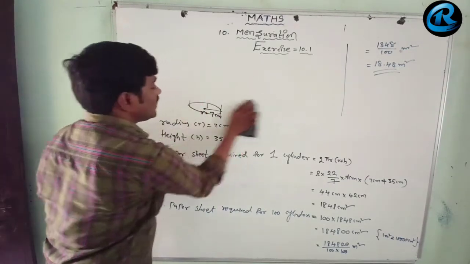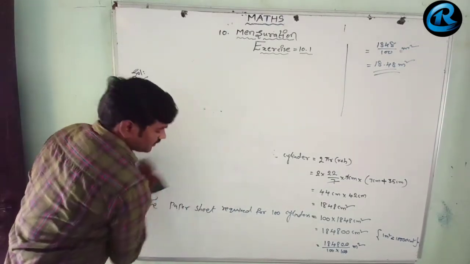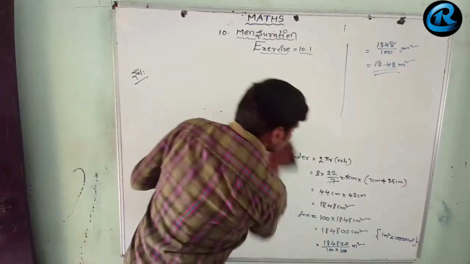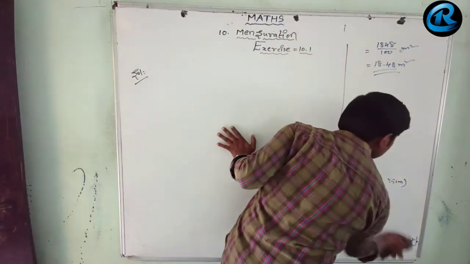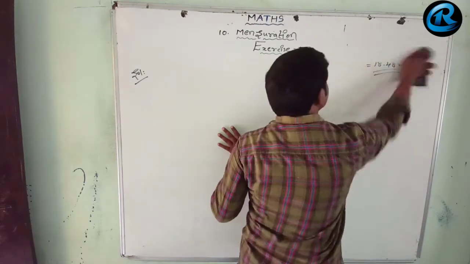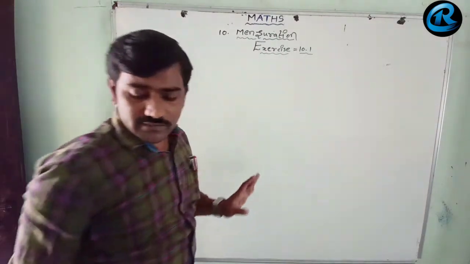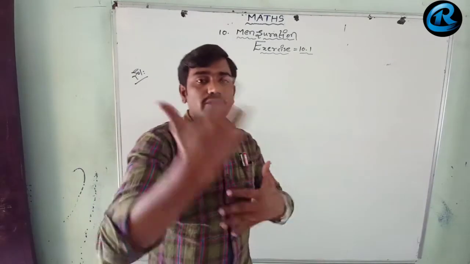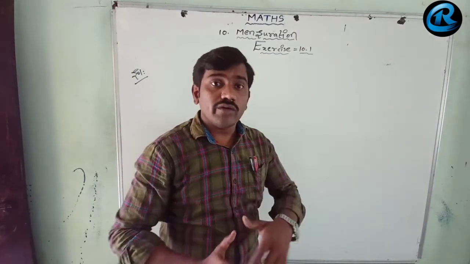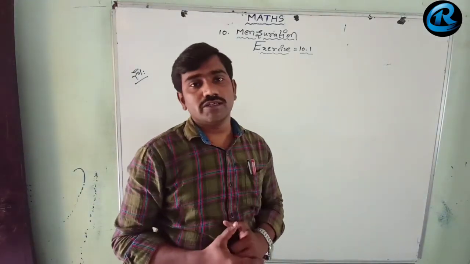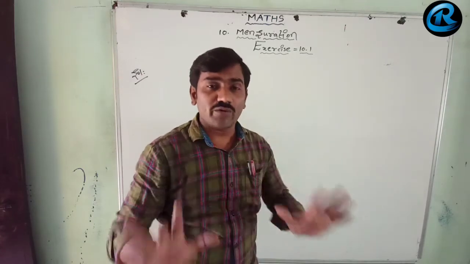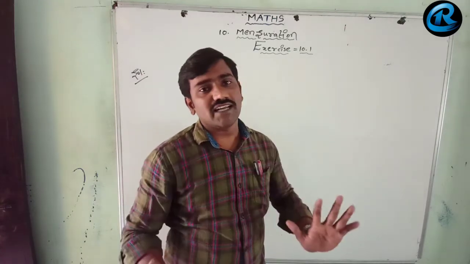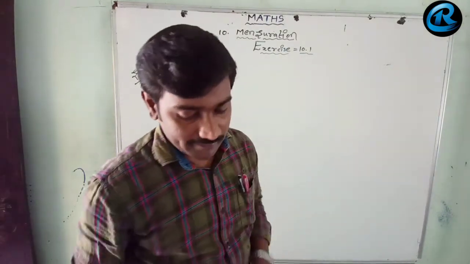There is no deduction in your marks. Only if you know the formulas, you have to substitute here. Mainly the mensuration chapter is very easy, because we know how to solve the problems, what formula we have to use, and what values we have to substitute. Only simplification you have to learn. If you learn the simplification, that's enough. We can do this chapter happily.